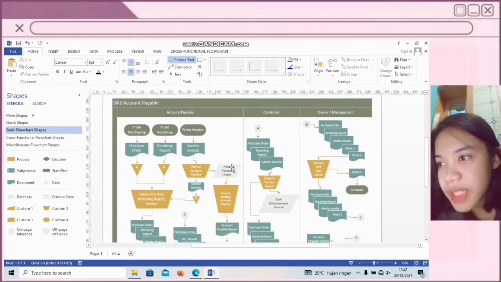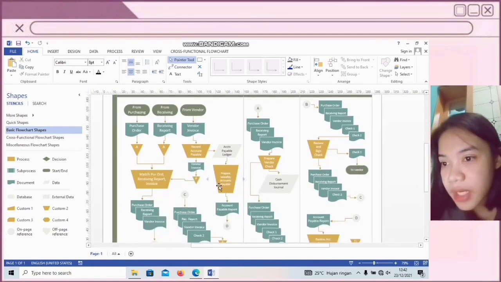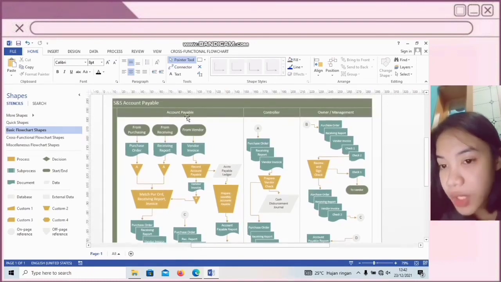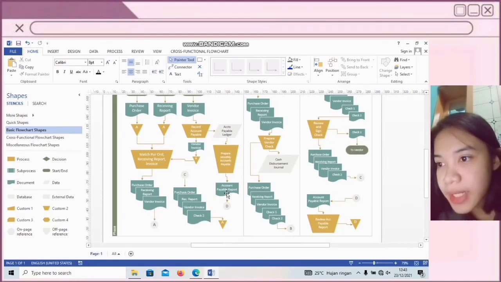After the account payable department processes the account payable record, then they create a payable ledger account. Then the account payable ledger file will be used in the process of preparing monthly account payable, which is done manually by the account payable department. After the process is carried out, an account payable report document will be produced, which is then given to the department manager. Then the department manager reviews the account payable reports. The process is done manually. After the process is carried out, the document of account payable report is entered into the paper document D.